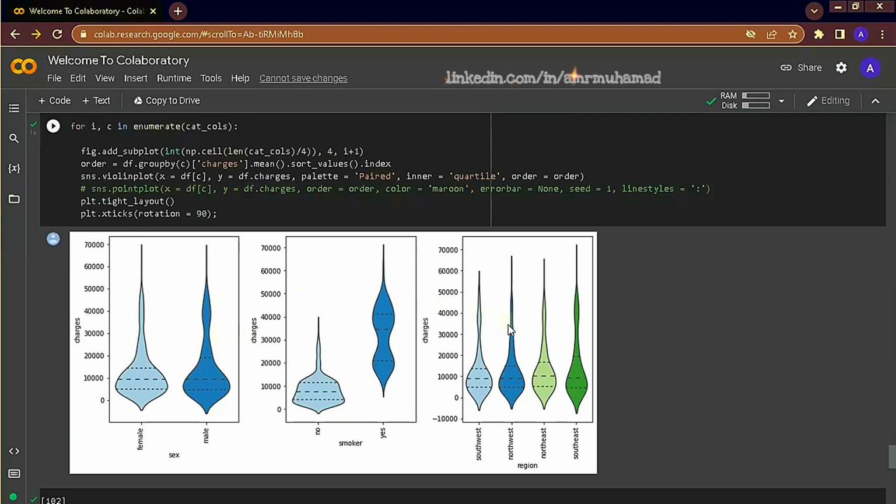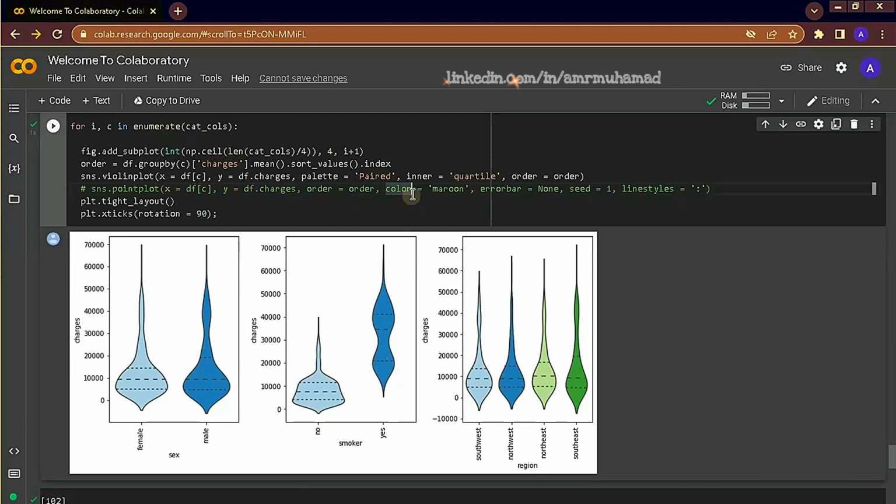We can see here that for gender and for region, the distribution of values tends to follow that of charges, and it also tends to be more concentrated on the lower end with very few charges at the higher end. But when it comes to smoker, we can see there is a shift or change in the distribution of values. This means that smoker group does affect the charges value, as it affects the distribution of values within the charges variable.